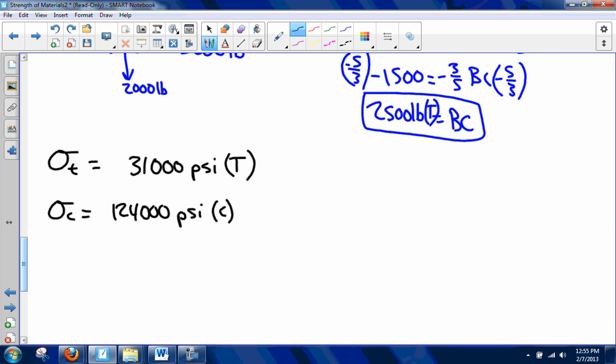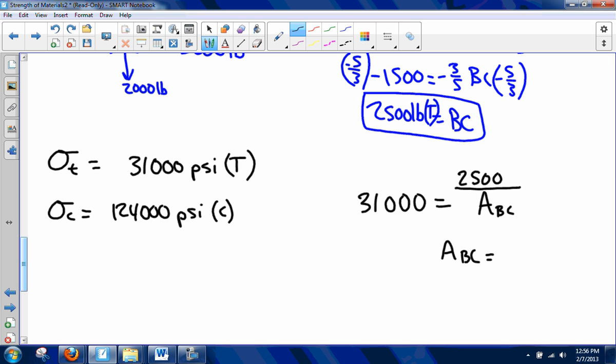Okay, so what we're going to do is use the forces that we got for tension and compression, and work backwards to solve what their minimum area has to be. So we're going to start with BC. So I'm going to say sigma BC is going to be the one in tension. So 31,000 is equal to the force BC, which will be 2,500, divided by the area that I need to calculate. So I'm going to put in my calculator 2,500 divided by 31,000, and I get that the area of BC